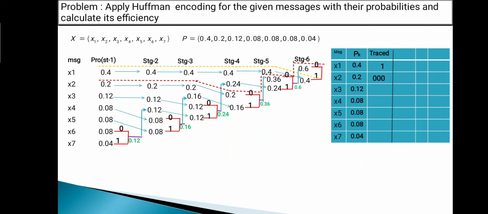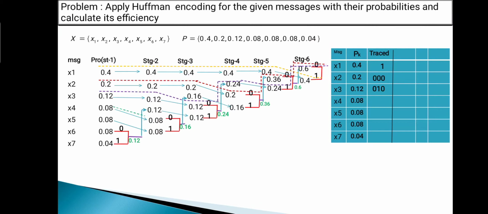Similarly, we can trace the path for X3. So X3, once we trace this, we don't have any value. So it is taking this path and it is coming this way. So here I have assigned a 0. Then it is going above. So we have not assigned any value here. So it is coming this way. So once it comes this way, we have assigned a binary 1. So once we follow the path, the last value we have assigned is 0. So along the path I have 0, 1, 0. So the traced value is 0, 1, 0.